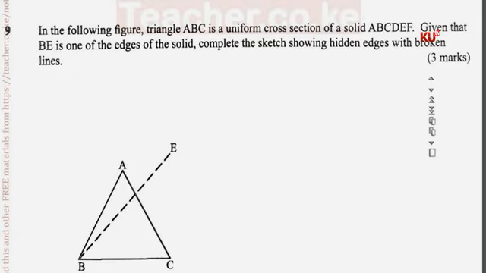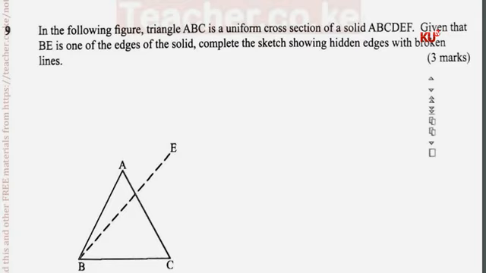Now, let's see it. I'm just going to give a sketch, dear students. You have A, B, C. Then you have this imaginary dotted line running to E. Complete it. Remember that ABC is a cross-section. So, the first thing, let's look at this distance BE. You take your compass and measure the distance BE. After you've measured it, you transfer the same